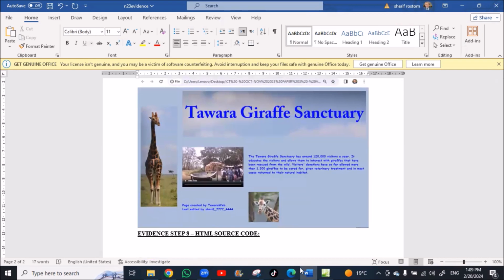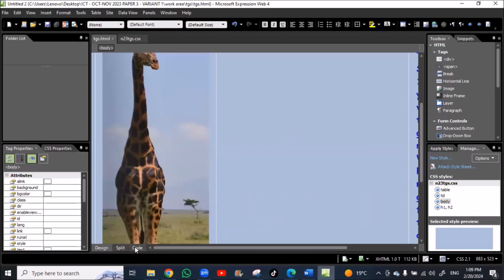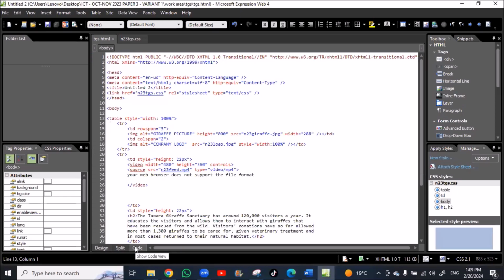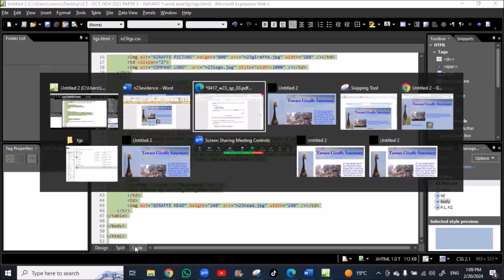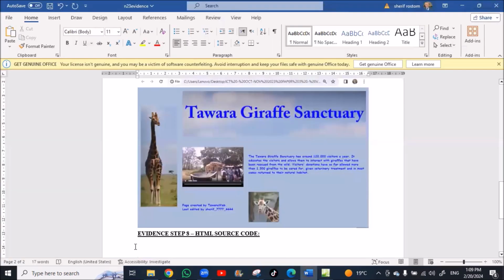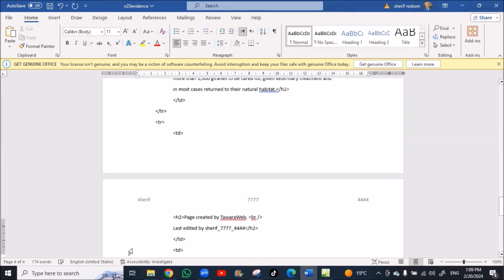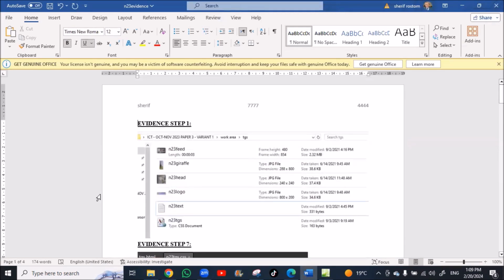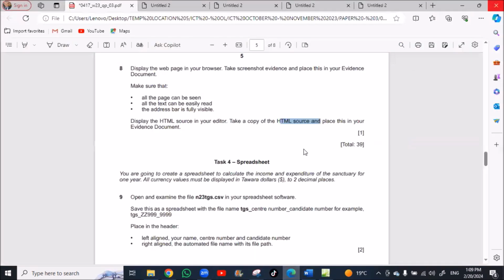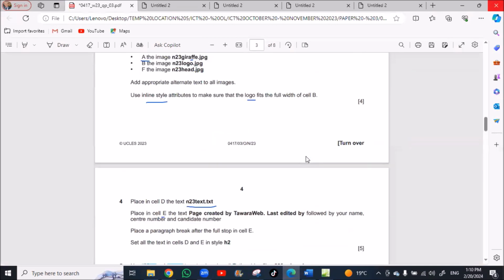And then go to our exam and open the code. So Control A, Control C, go to your evidence and Control V. That's it. So Control S to save. And that's the end of the web page part.